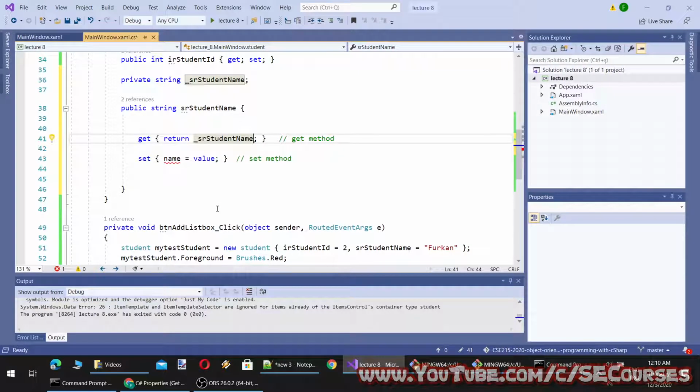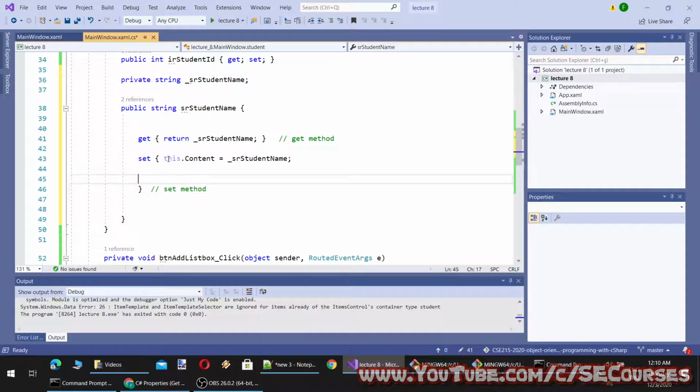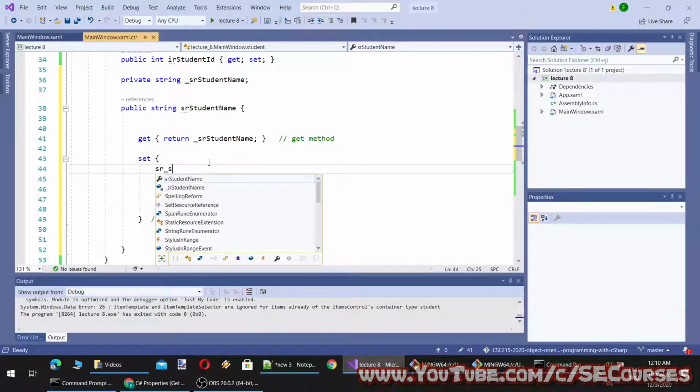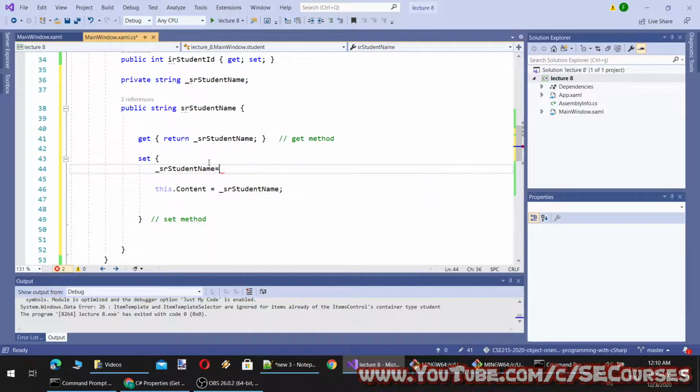And when we are setting the student name, actually what I'm going to set is content equal to our student name, and of course this will be like this, equal to value. Okay, yeah.